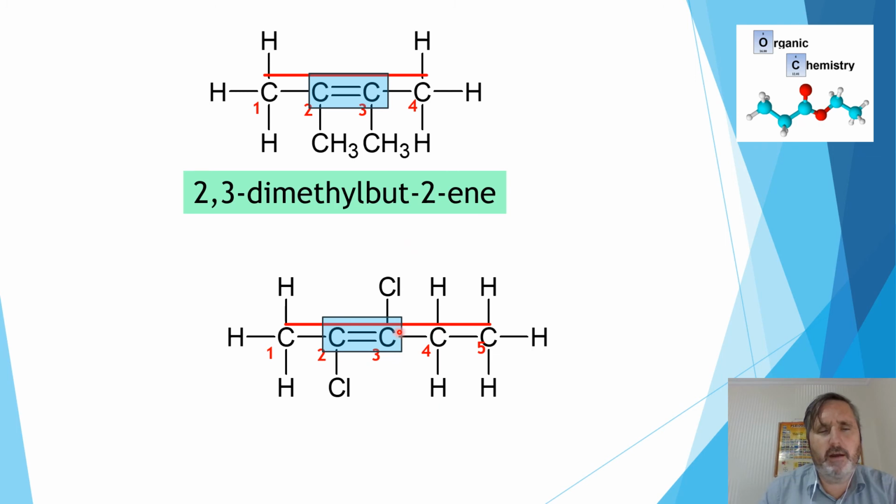On this side, it has two different groups, a chloro and a methyl. This has the potential to be a stereoisomer. It will be either a trans or a cis. Because the chloro groups are arranged across from each other, this is a trans. So it is trans